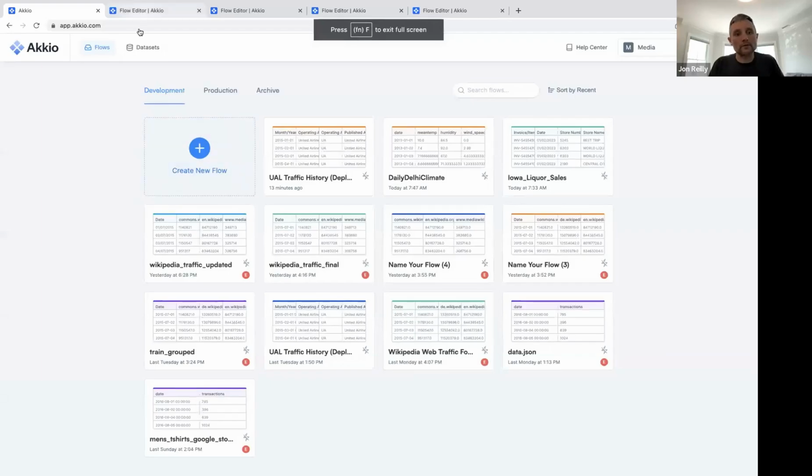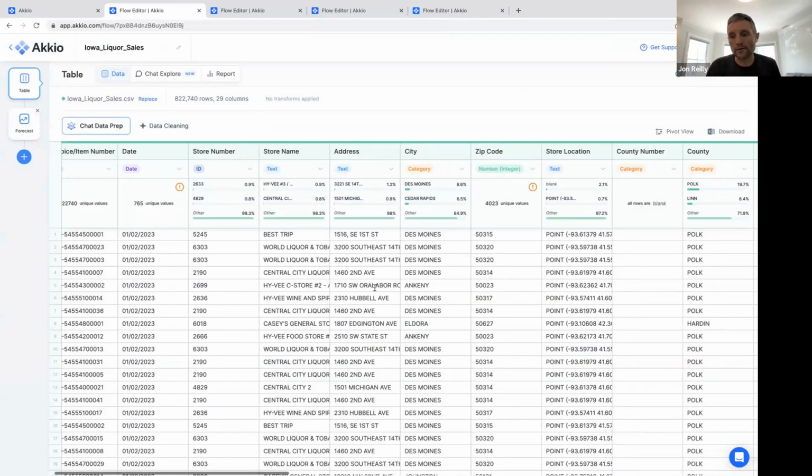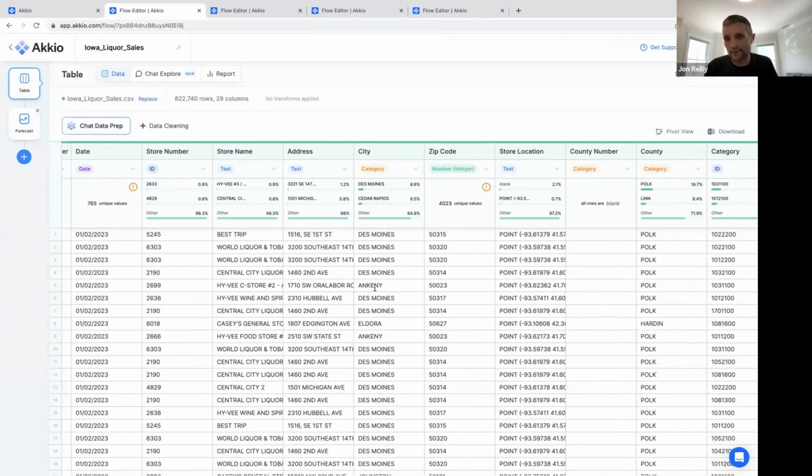Okay, so the Wikipedia example is pretty straightforward, but let's look at a sales forecast, right? Because I think most businesses are interested in forecasting their sales. And let's look at a really complicated, really difficult problem now instead of a simple thing like web traffic. This is downloaded from Iowa's state website, and it's liquor sales in the state of Iowa. The state has every store, which has a unique store number ID, report at various intervals the amount of liquor that they've sold.